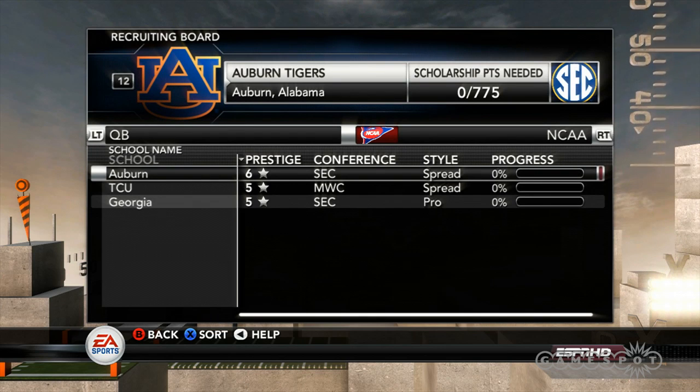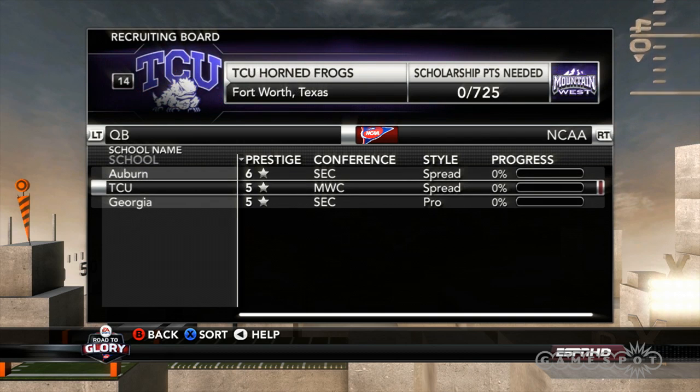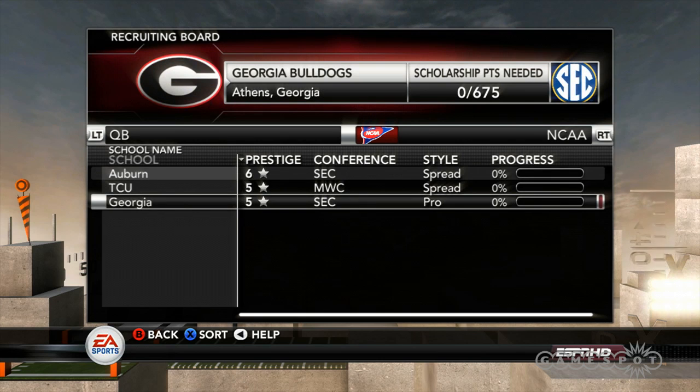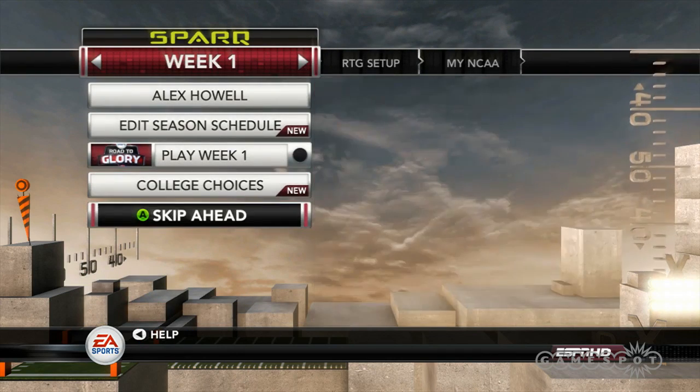And so you can pick one of those 3 for offense and one of those 3 for defense if you play both sides, and they're added to your recruiting board here. And as you can see in the top right, scholarship points needed based on the prestige of the school. You'll need to get a certain amount of recruiting points, which are based on your stats of every game, to progress this recruiting board. And so you can still walk on to any school that you want to walk onto, but if you actually take a scholarship and earn that scholarship,